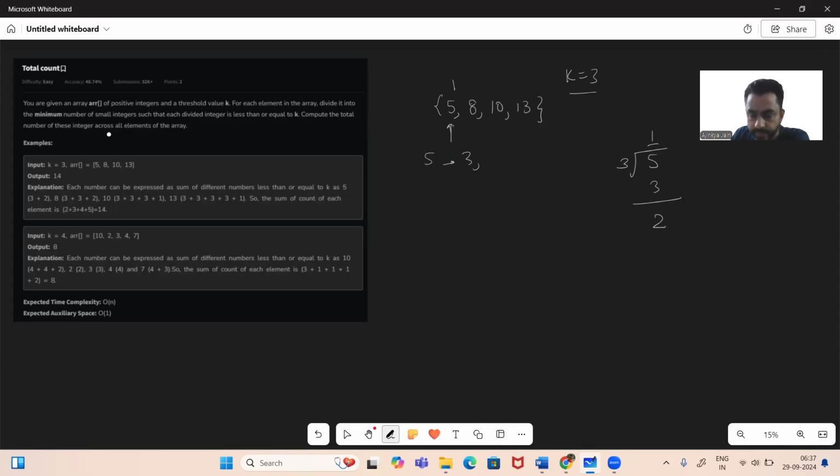Here the quotient is 1. And let's say, for example, the element is 6. If you divide by 3, in this case the quotient is going to be 2, and the remainder is going to be 0. So the thing to observe here is, if a certain element is not divisible by k,